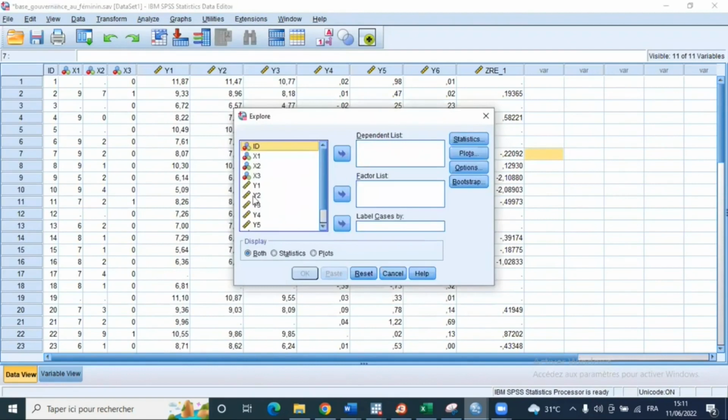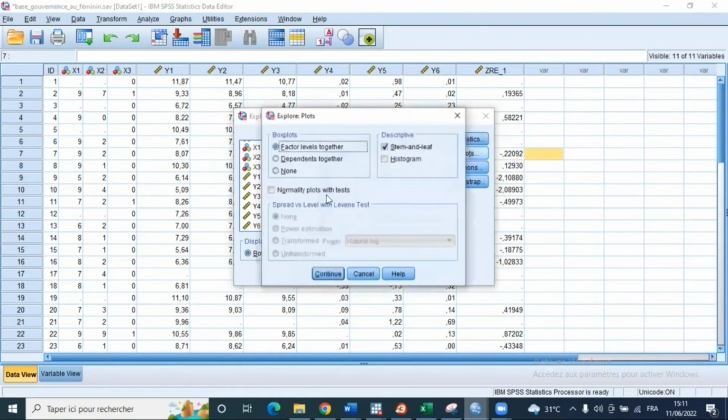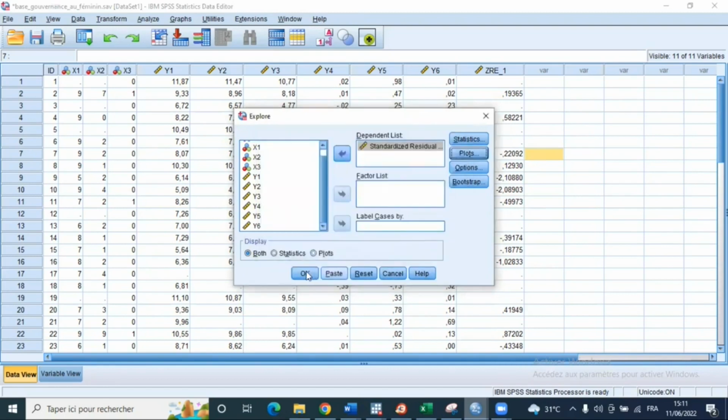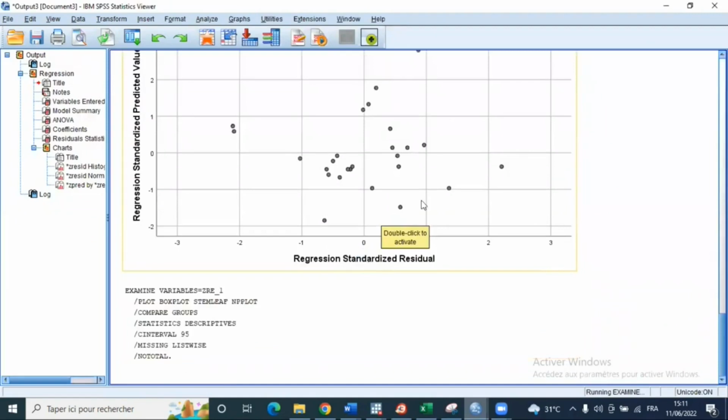So we select our standardized residual and put it in the dependent list. In statistics, we have nothing here to select. In plots, we select normality plots with tests. So we'll have the result of the normality test. So we click on OK, and you can see that here are the results of the